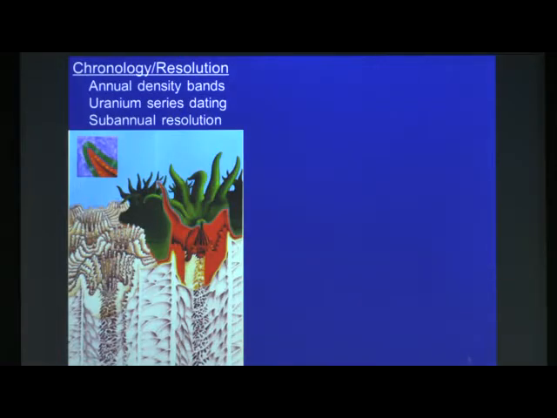So now I'm going to talk mostly about corals as a paleoclimate proxy. Okay? And I'm going to give you a little background on corals so you understand how we do this. So the image over on the left is a cross-section of a coral, and the top is the live animal. Below that is the skeleton.